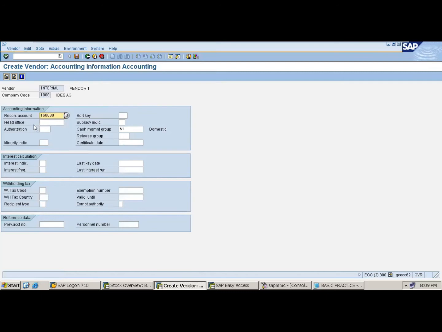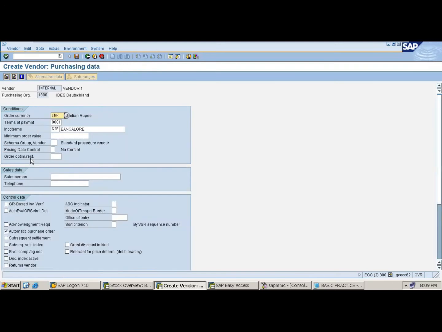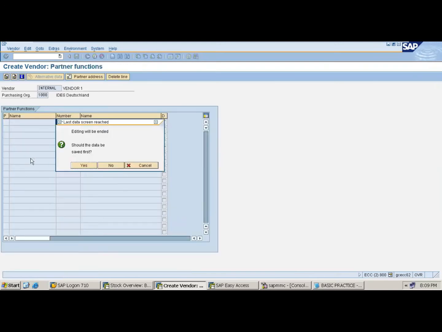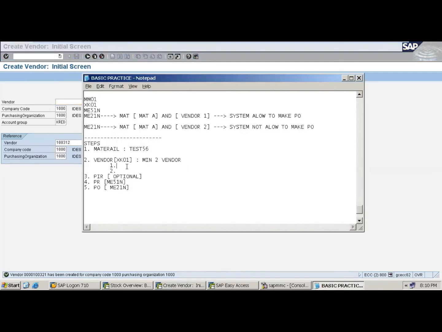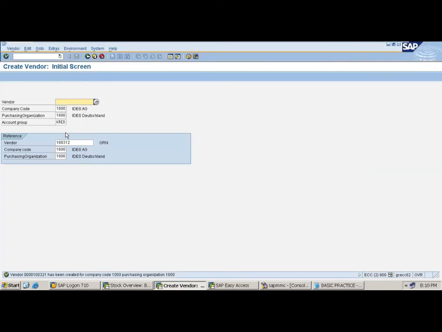Enter. See, reconciliation account and cash management are automatically copied from the reference vendor. Enter. Save. I'm not entering all the details because I gave a reference vendor. Whatever data is there is copied except the address. So the vendor is 100321. Fine.